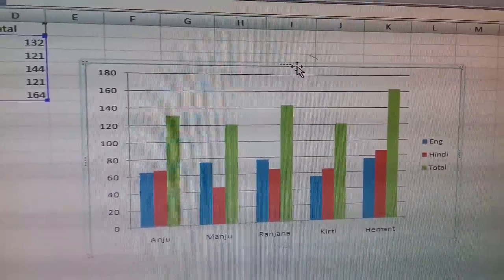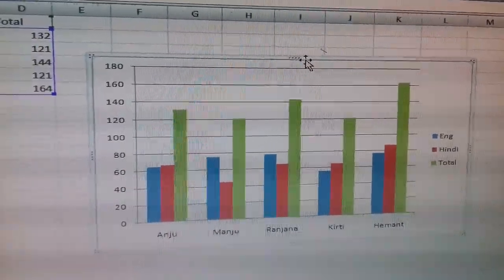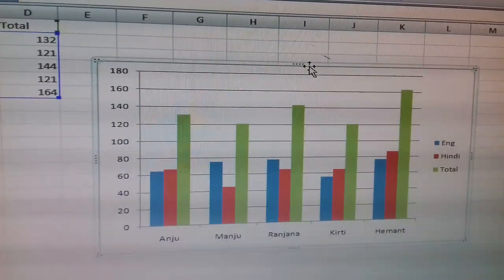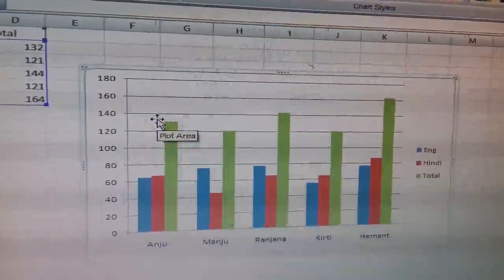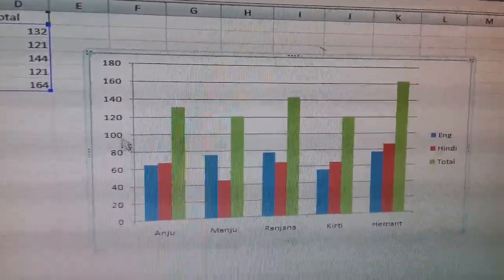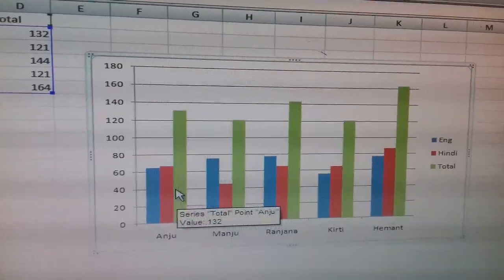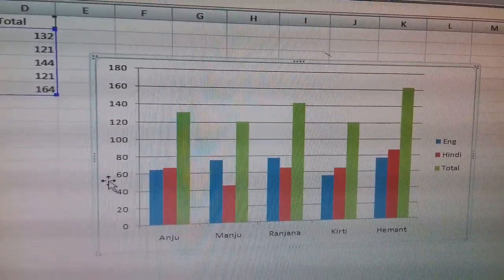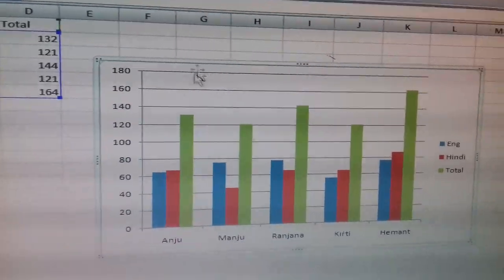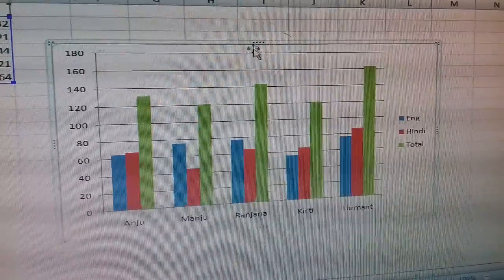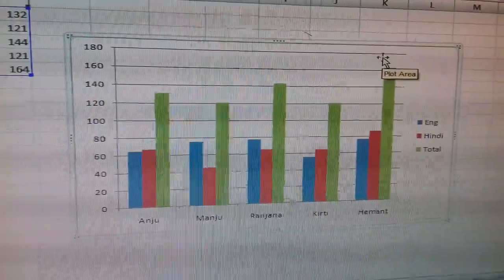It includes all the area and the objects inside the chart. What about all the objects? All the objects means the data series, value axis, category axis, legend, chart title. Everything is covered by this area, that is called chart area.